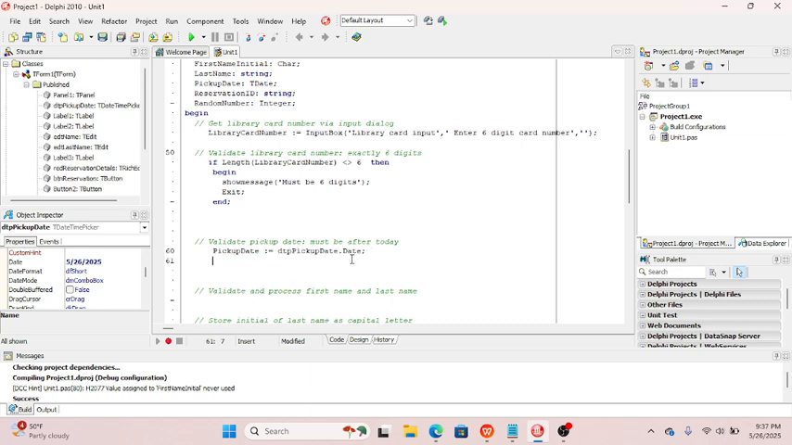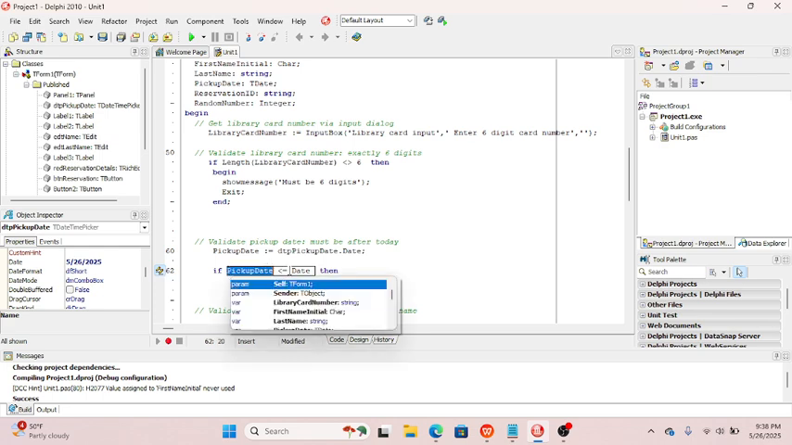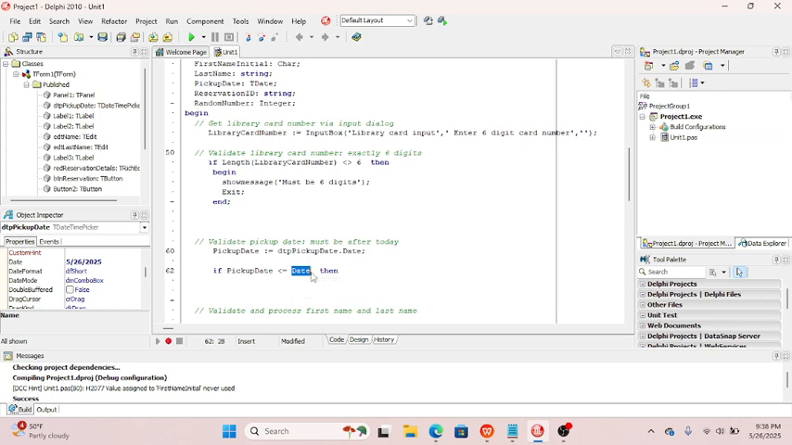Now, we're going to take this and compare it to today's date. And if it is before, I'm going to show an appropriate message. So this is how you do it. If pick up date is smaller than or equal to, so it can also not be on today, date. Whenever you're comparing a date to today's date, you just use the word date. This is not a variable that you declare, but very importantly, in order to use this date,